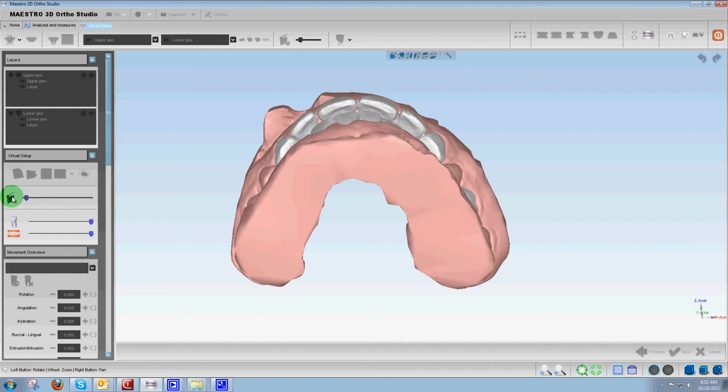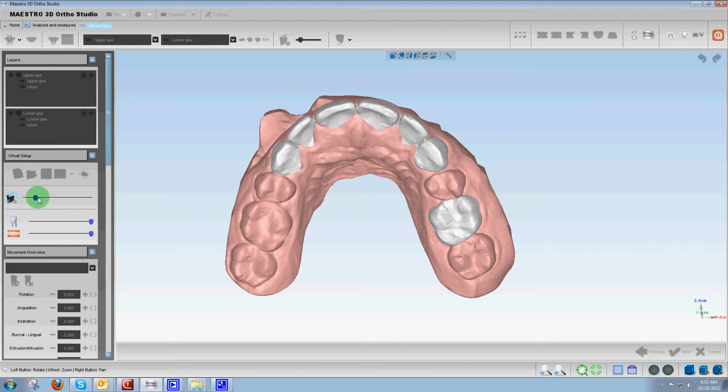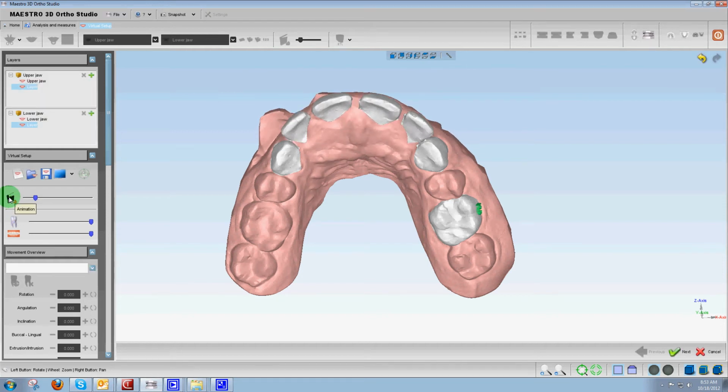So if I were to play that, let me just turn off the lower model and slow it down a little. You can see how that correction that I introduced is happening simultaneously everywhere. Well, this is fine when that is what you want to accomplish. Now, at times you want that correction to happen incrementally. So what I'm going to do is show you how by using the layers within this program, you can sequence